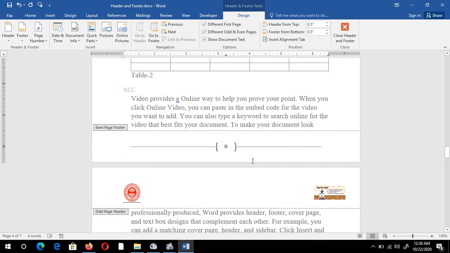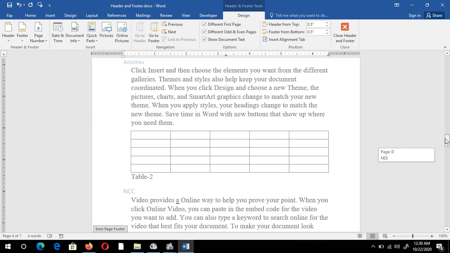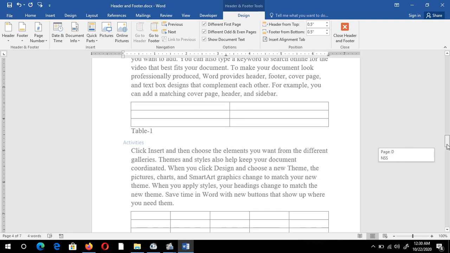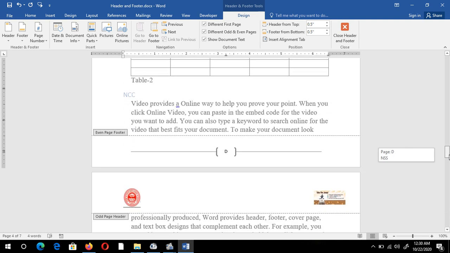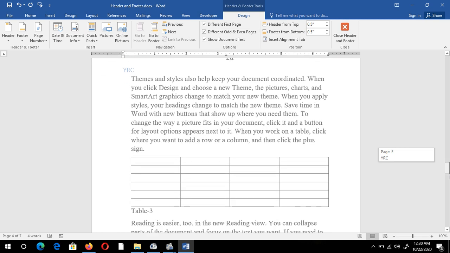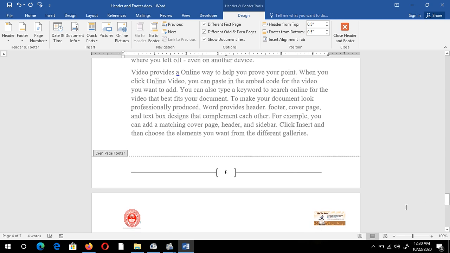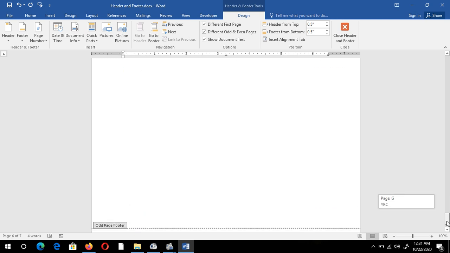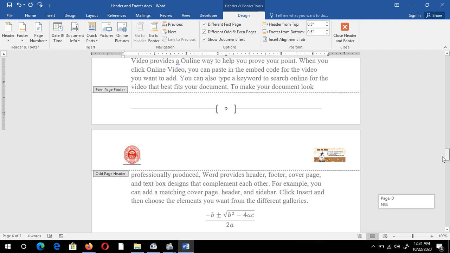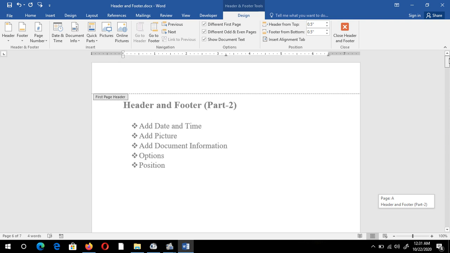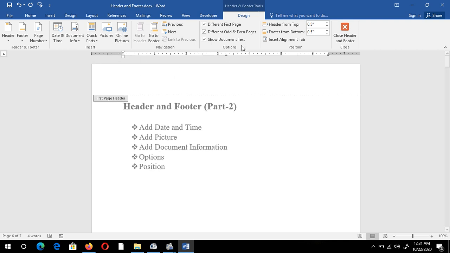It is showing D because on the second page it was B and on the fourth page it is showing D. Fifth page, that is odd page, and on the sixth, that is even page again, it is showing F. So in this way I can change header and footer to my even pages and odd pages, different header and footer for even and odd pages, or on the first page also.